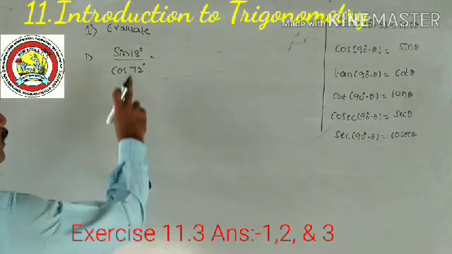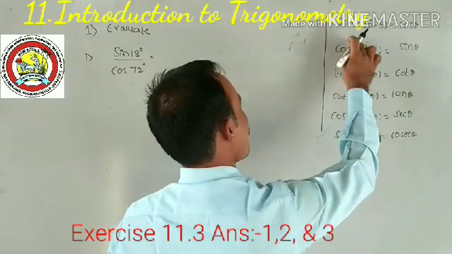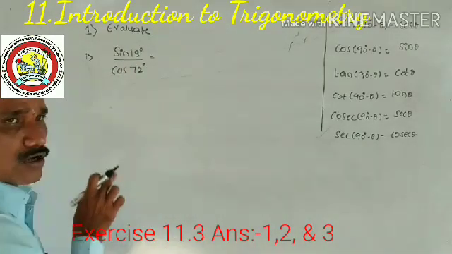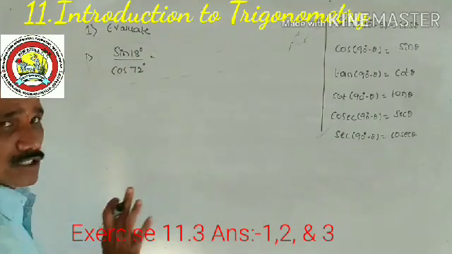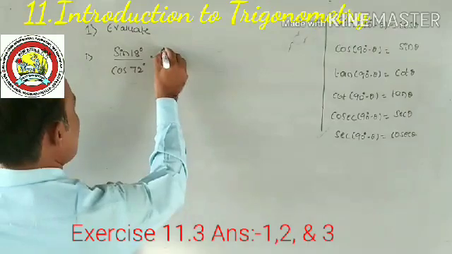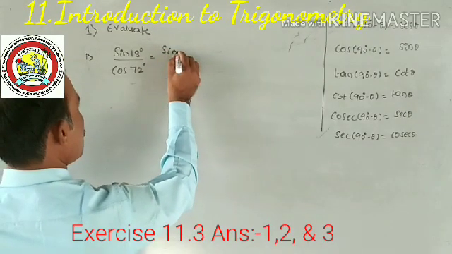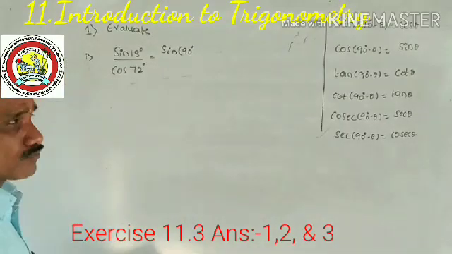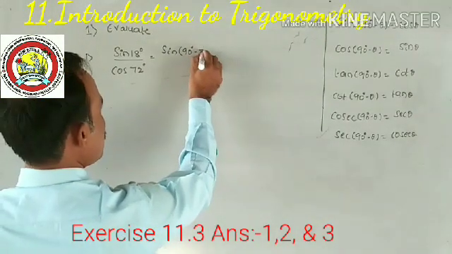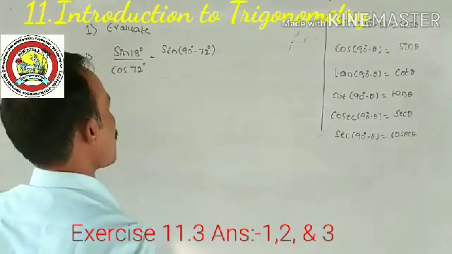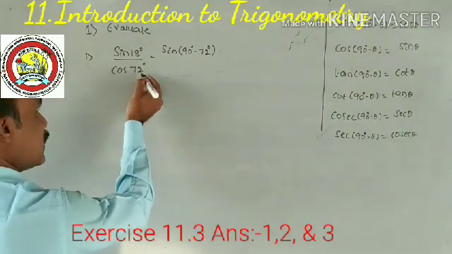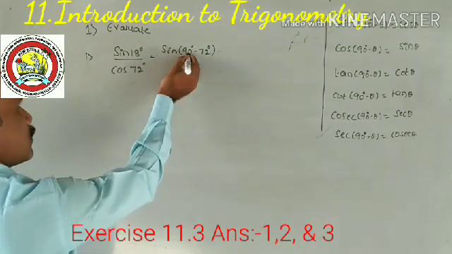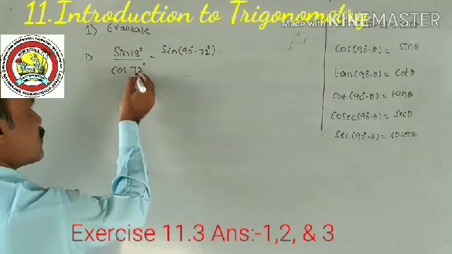As very important, sine changes to cos, cos changes to sine. So anyone you make it change, either sine or cos. Please don't make both changes. Anyone. Yes, sine 18 can be written as sine 18. Here is the answer. You have to subtract 90 minus 72. You have to subtract from 90. So 90 minus 72, that is 18, or 90 degree minus 18, that is 72.